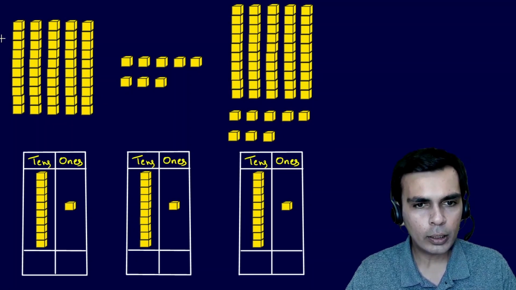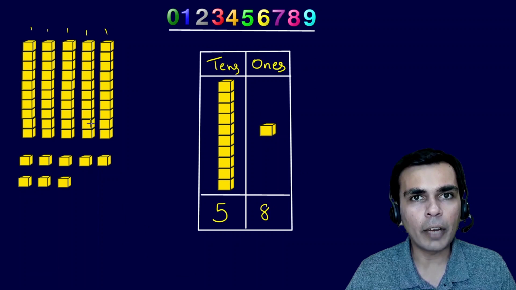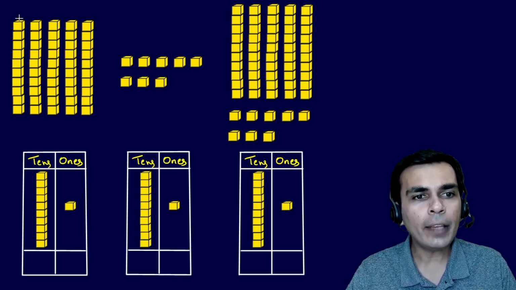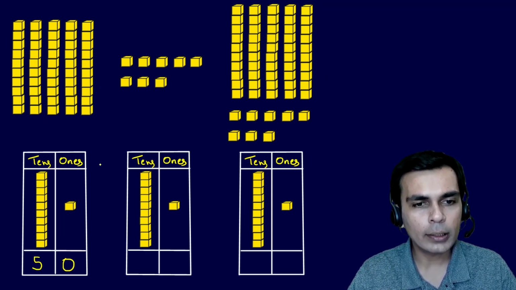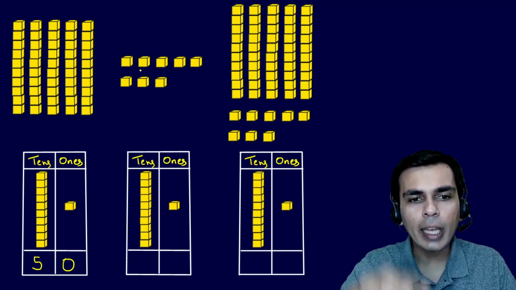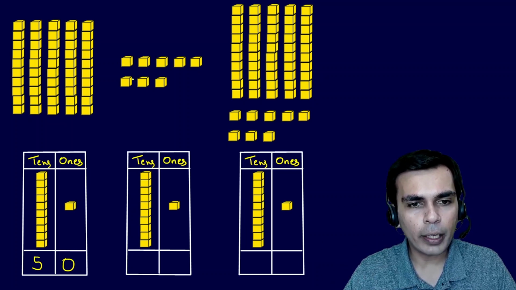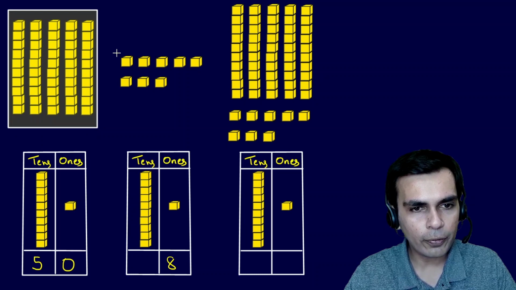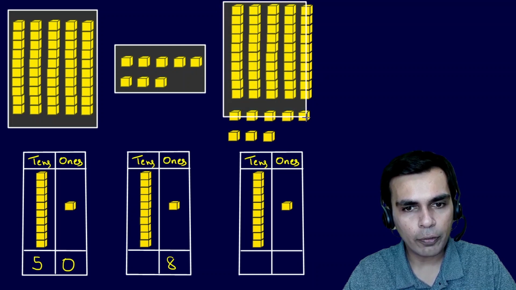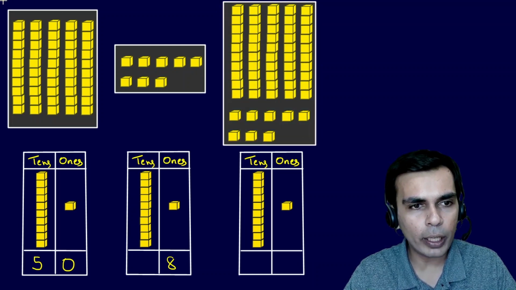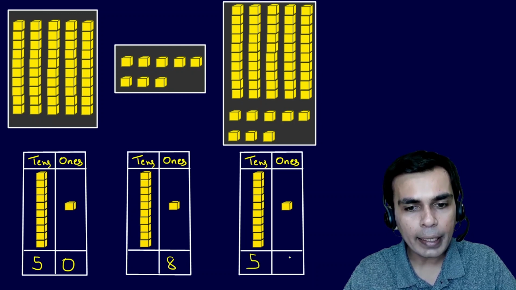So what did we learn? When we did our groupings, we formed 5 tens, and the way we would write 5 tens is 5 under the tens, 0 ones. To that we added these, you can imagine we added them after that: 1, 2, 3, 4, 5, 6, 7, 8. So 8 ones. There is nothing in the tens. You can either write 0 or there's no need to write anything. And if you put them together, what you actually get is a 50, which we call 50. We'll discuss that later. With an 8 it is called a 58. We'll discuss the names later, but the way we understand this is 5 tens and 8 ones.